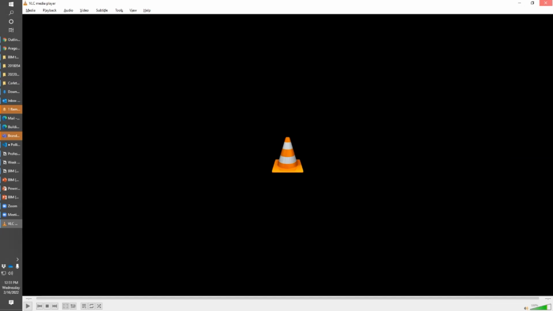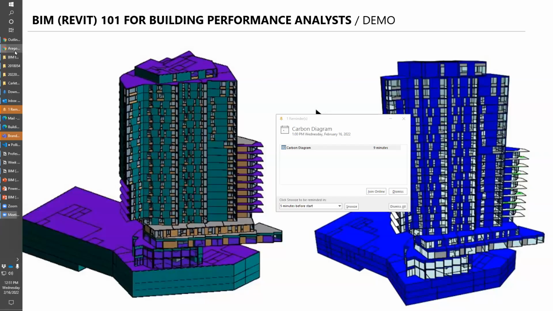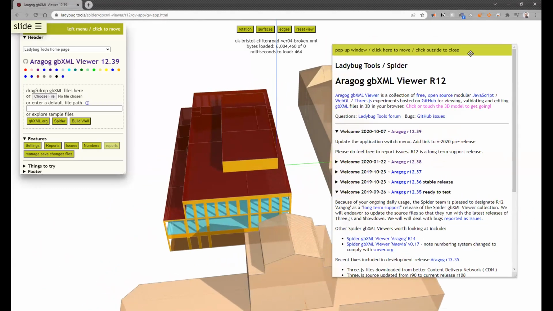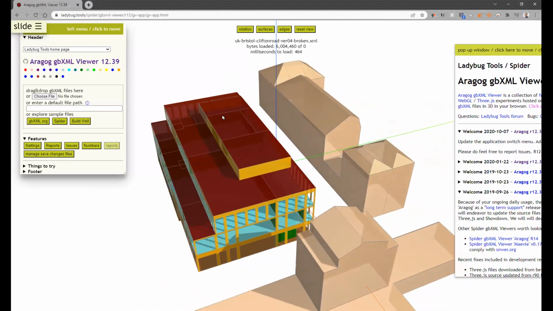Great. Let me stop sharing real brief to start sharing again in non-video buffering mode to increase the sharpness. The last thing I wanted to go over really quick here, and it's on the wrong screen. Actually, one sec, let me stop and just share the application, is a tool available to many of us. This is a really excellent tool